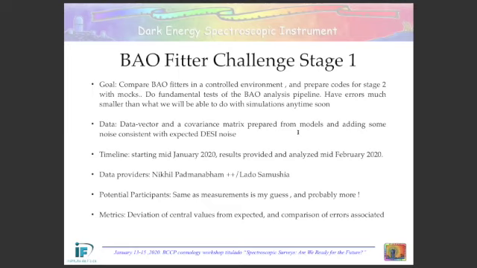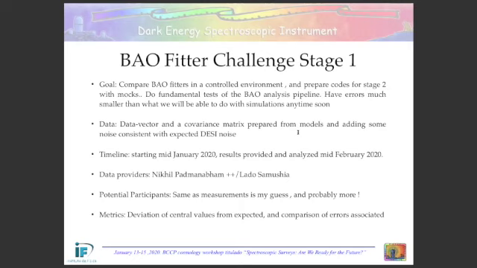For the first part, as we didn't have any covariance available yet, what was proposed in December was to start with data vectors and covariance generated directly from models. Nikhil is leading this effort. He's preparing the Gaussian covariance, and also preparing the data vectors from models.